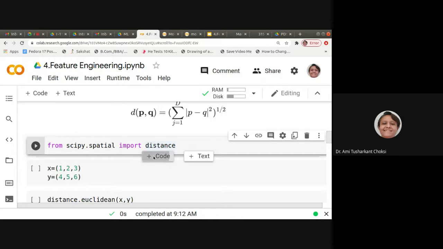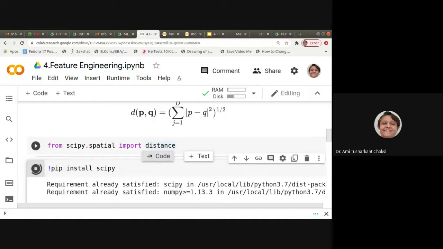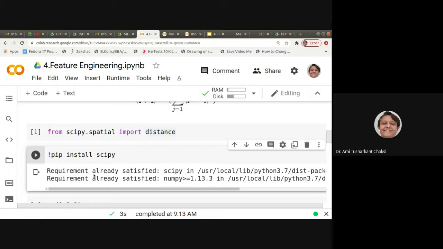How can we install that? Typically it is pip install scipy. This is the way we install, isn't it? Then run this particular cell, and it will install it. Here it is already installed. Still I am running it, that is, I am trying to install it. What it says is requirement already satisfied.